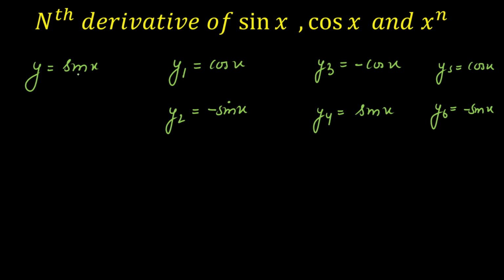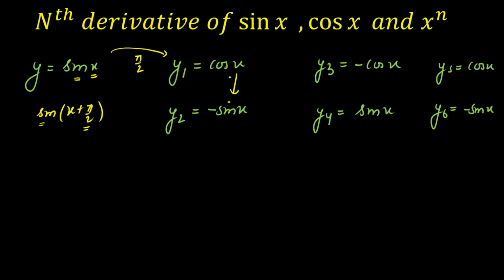Now I can generalize the nth order derivative of sin of x. That means if I differentiate sin of x n times, what will be the outcome? So now I can generalize. If I differentiate sin of x once, I can see this as adding pi by 2 in the angle x. That means sin of x plus pi by 2. Since this is an odd multiple of pi by 2, sin will change to cos, and we are landing in the second quadrant, where sin is positive. So we'll get cos of x.